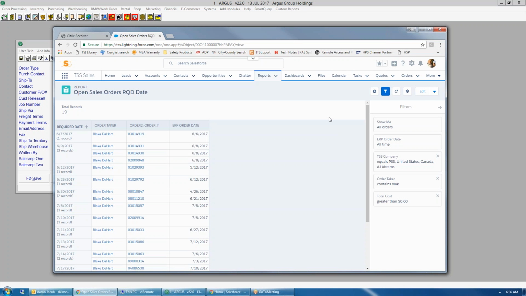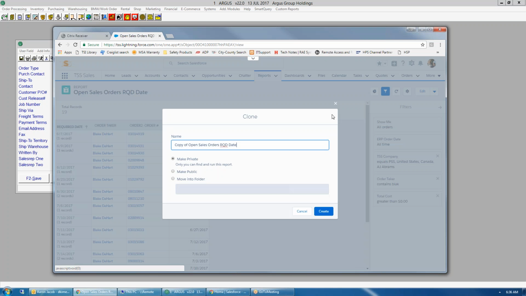Once you put in your name, you can come over to this little pull down window and click clone. You won't have the option for making public, but you will have for private. And you can take out the copy and maybe put in your initials if you wanted. We'll put in here BD. Or just leave it as it is because it's a private report. It'll show up in your area, and click create, and then it'll either be create or save